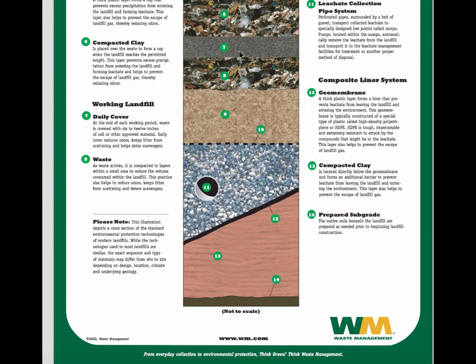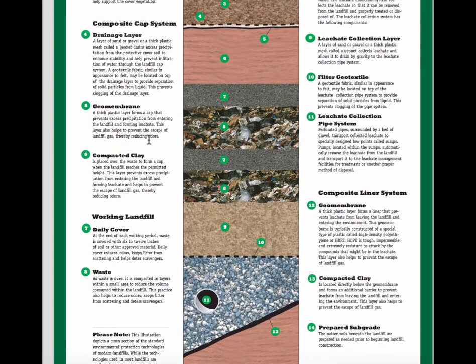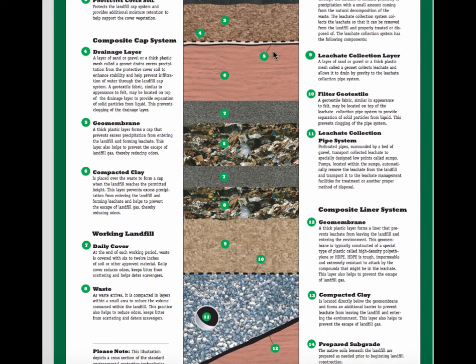So again, number 8 is your waste. And then when you have over here your 9, this is going to be your leachate collection layer. Like I said in the previous slide, when it rains, it's going to percolate down and go through that trash and waste, and it's going to be polluted. So here we have this layer, an area of thick plastic and mesh, that's going to collect that leachate and then drain it to these pipes to where it can go to the water sanitation and treatment plant for it to be reused.